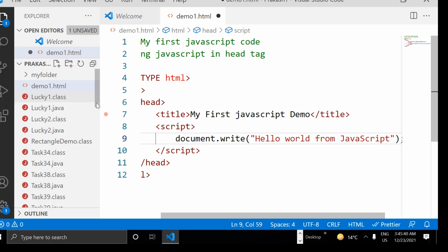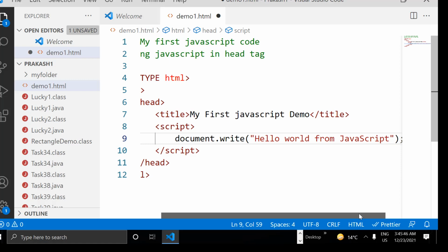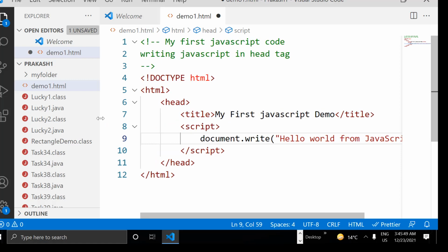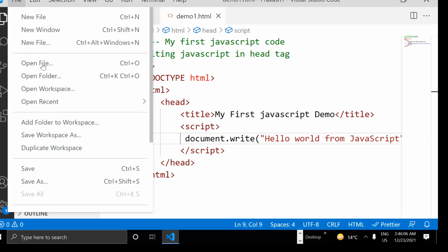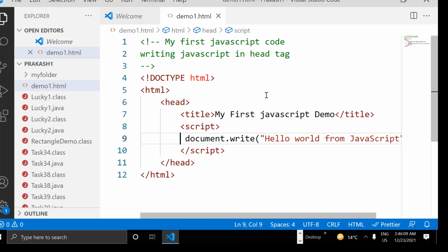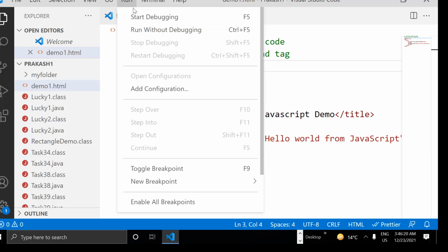Okay. This is what I've written, guys, and you can minimize it or you can comment it. Okay. This is the code I've written. Okay. Yeah. So save it. Control S. I'll go to file and save. Now after that, I'm going to run it, guys. How to run? To open it in browser directly, like by going to the folder, you have run option here.